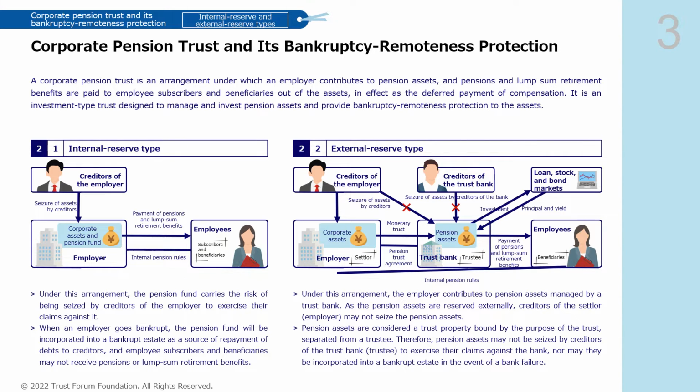In Japan, trusts are used to manage corporate pension plans adopted by joint stock corporations and other private sector businesses. Unlike government-sponsored pension plans, a corporate pension plan is an arrangement under which an employer pays into a pool of funds that will be used to provide pensions and lump sum retirement benefits to employees for their service when they retire. It's an arrangement under which an employer commits itself to paying pensions and retirement benefits to employees based on their years of service. Pension assets, which are the source of such payment, are pooled either internally or externally.